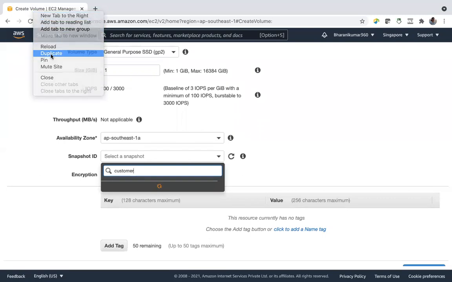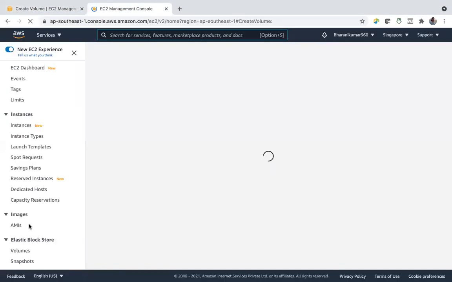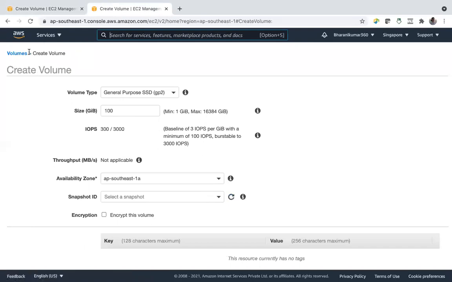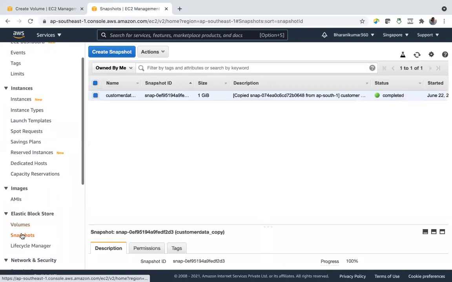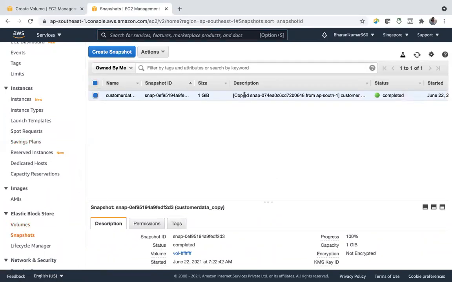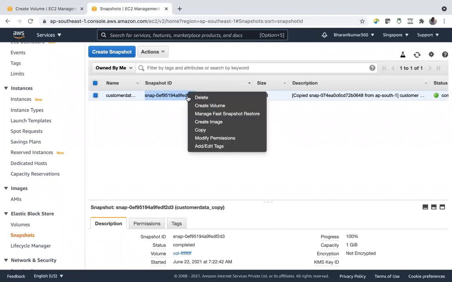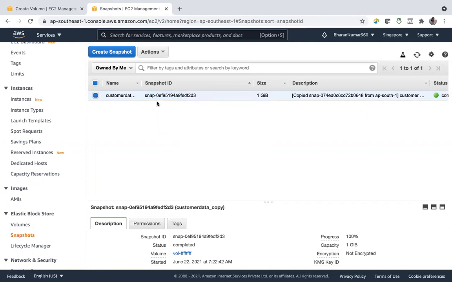We'll do one thing. Copy the ID of the snapshot. This copy is different. It starts with 0EF95.